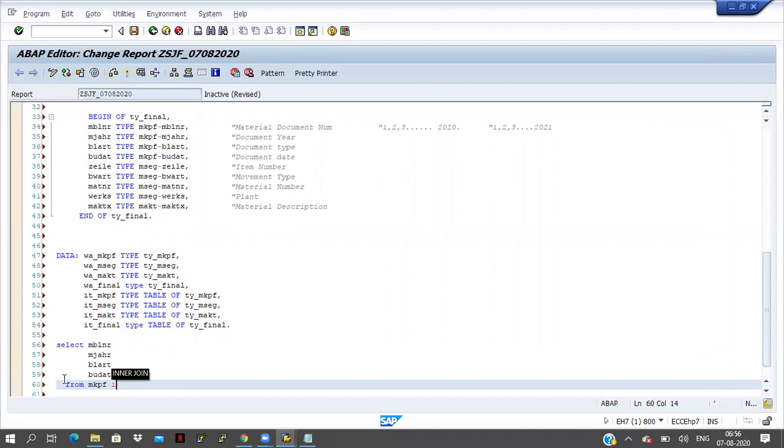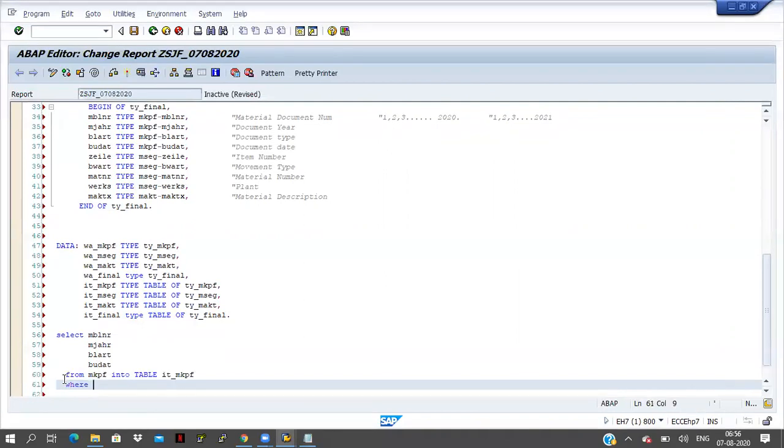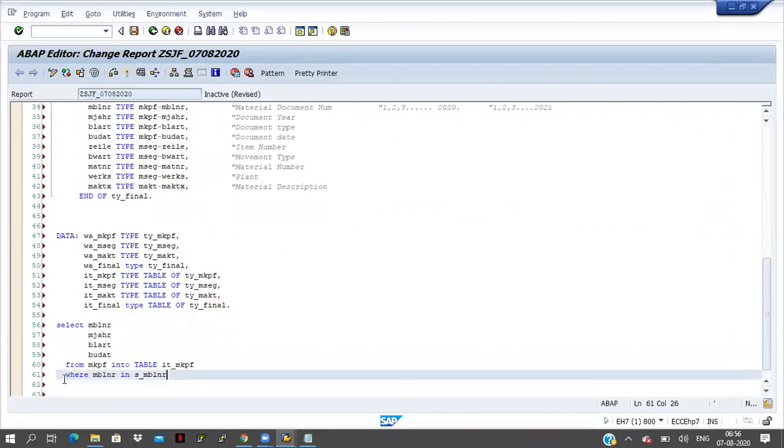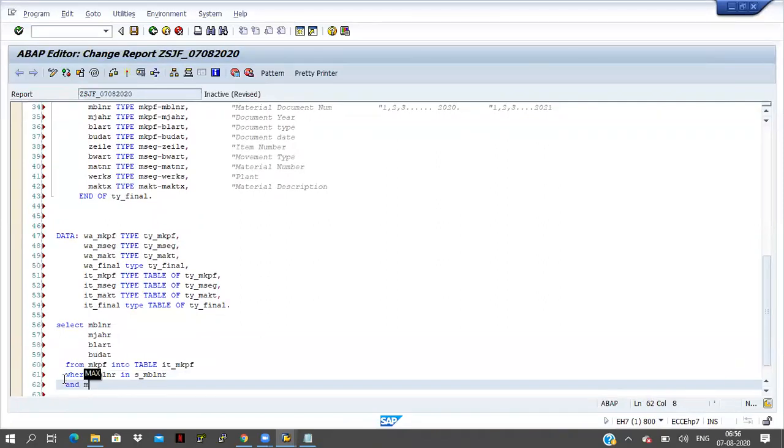From MKPF table into table IT_MKPF where MBLNR in S_MBLNR and MJAHR equal to P_MJAHR.